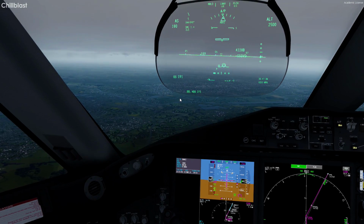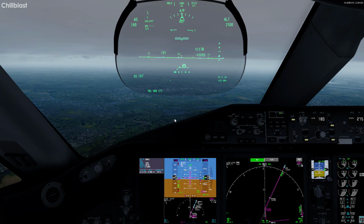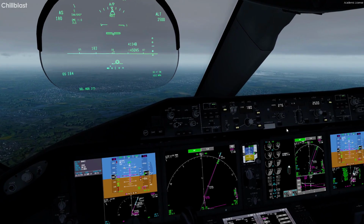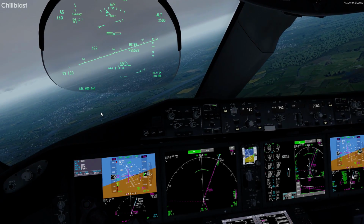It's terrible, but if it's flyable, that'd be good. I'm not sure what's up with all these aircraft flying about. Right, let's hope we get that localizer soon, and the glide slope as well. There's a localizer. Let's hope this...